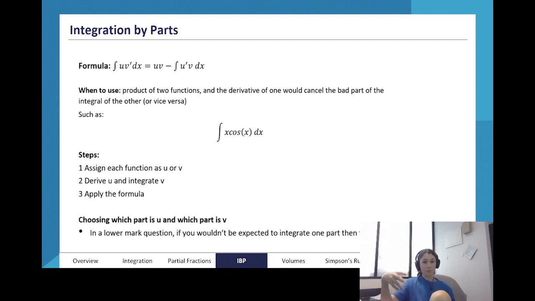So we're going to go over what it is, when to use it, how to tell when to use it, and also some complex situations in which you can use it, and also some tips for questions in general. Okay, the formula for integration by parts is on your formula sheet. It isn't written like this, I don't believe. It is written in a more complex format, but this is how I choose to write it because it's more easily understandable. And you're going to use it when you have the product of two functions, and the derivative of one would cancel the bad part of the integral of the other,